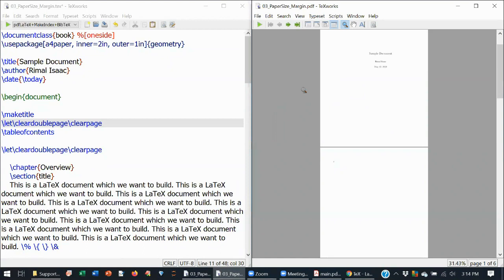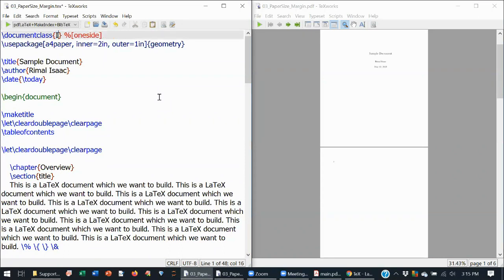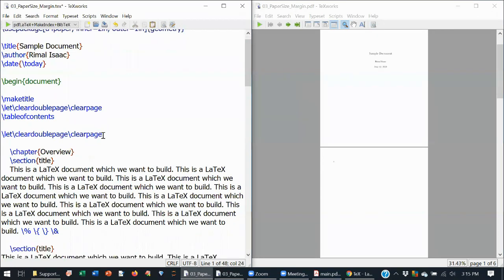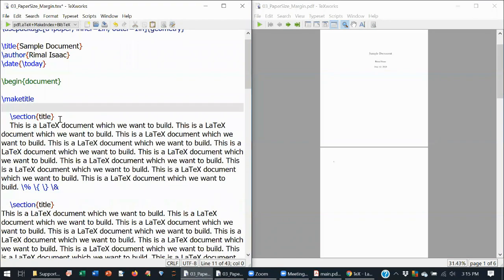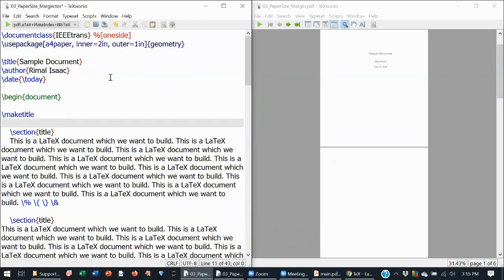There is another doubt, some people are asking how to edit LaTeX journal templates for Elsevier, Springer, or IEEE. So you have this documentclass book. If you are going for an IEEE document, you have to change this class to IEEEtran, that is IEEE Transactions. That is an article, so you will not have chapters and table of contents. I will delete all those things. We will keep the title because all articles have a title. So we will use the document class IEEEtran.